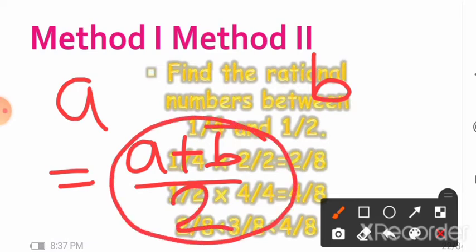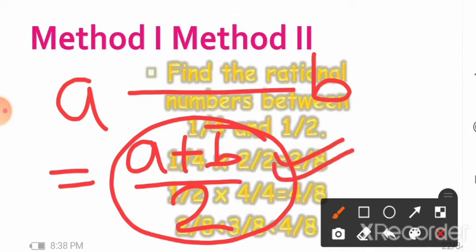This is the first method to calculate one rational number between two numbers. A and b are two rational numbers given here. So calculate only one rational number between these numbers. It's a formula: the one rational number is equal to (a plus b) by 2. Okay, now the formula is clear, so let's give some examples to use this formula.